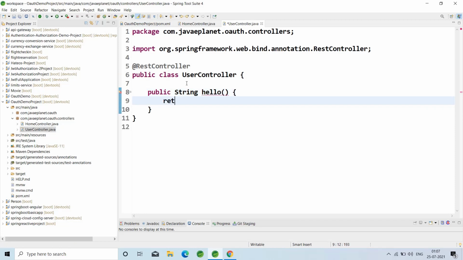In the parameters take the string name, and return hello plus name.